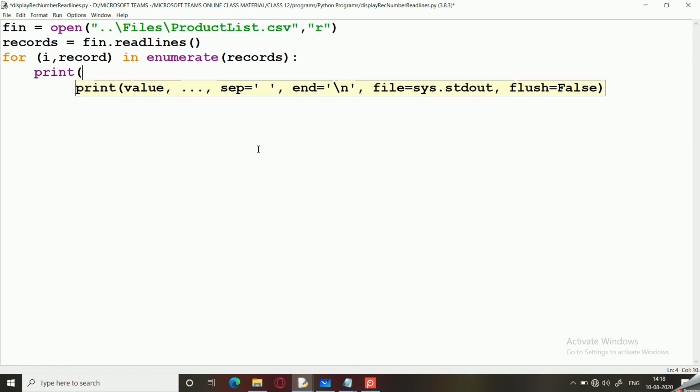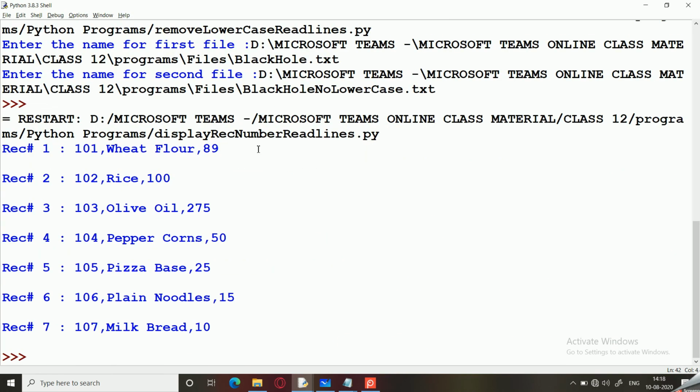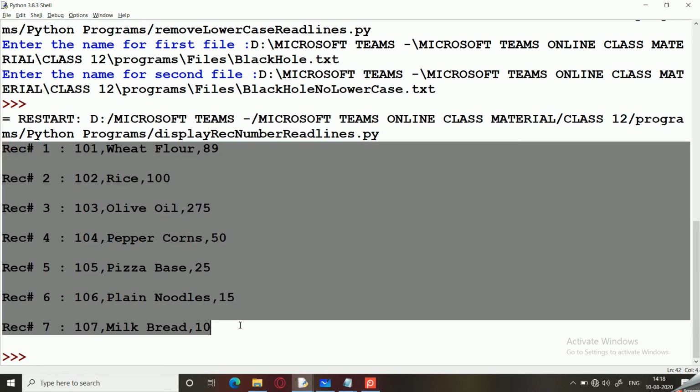Print record number, i plus 1, record. Save it, and now we will run the program, and now you can see very well that record numbers are getting displayed. Now let us see the dry run.